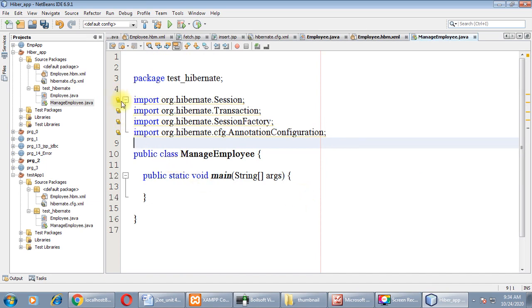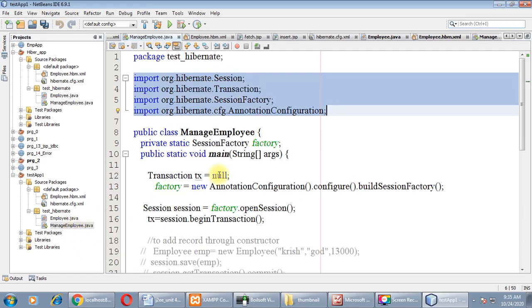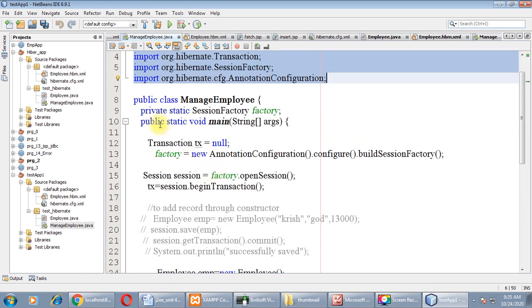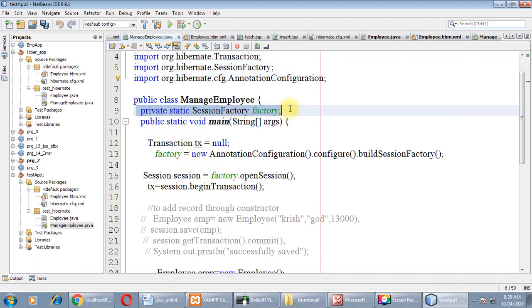Right now these are all unused packages, that's why it is showing a warning, not an error, nothing else. Then we will create one object of SessionFactory, right, outside the main.